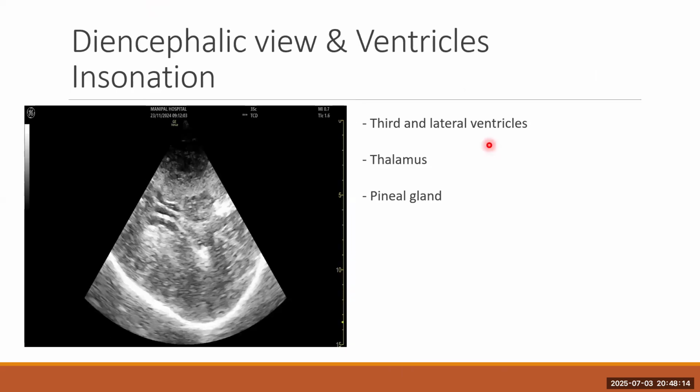If we tilt the angle of insonation slightly above, we get the diencephalic view of the transtemporal window, where we can see the anterior horns of the lateral ventricles and also the thalamus and the basal ganglia. So the third ventricle, lateral ventricles, thalamus, and also the pineal gland are visualized at the diencephalic view of the